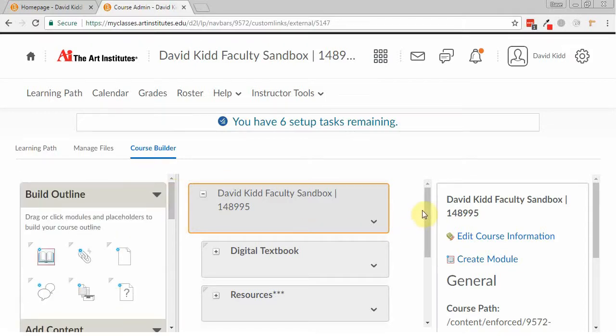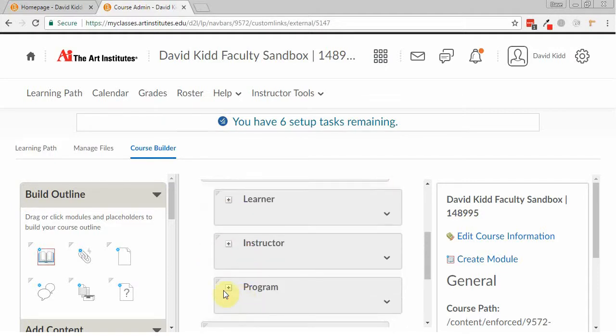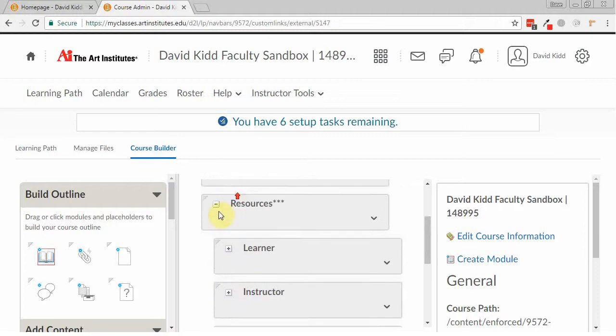Which I really like. So we can see here we've got the course, we have the digital textbook, we have the resources, right? We're really not going to mess with those. Maybe a little bit in the resources. You can hit the little plus and it'll expand what's there. So this is basically just a graphical user interface for me to be able to